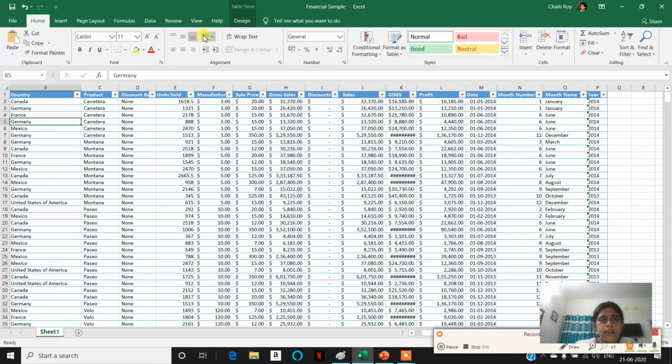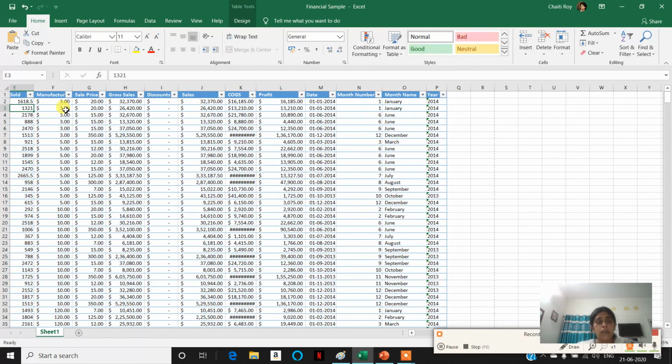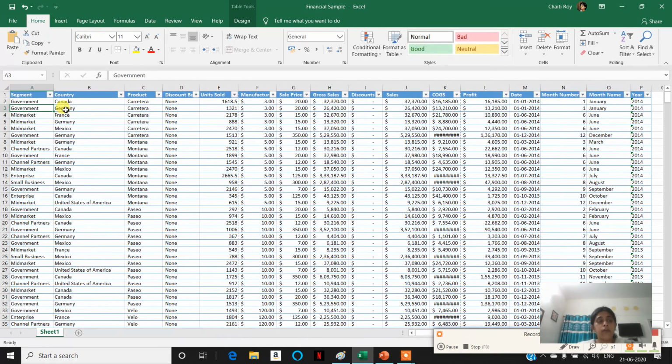Now next thing is how to freeze. Now suppose I see this is the name of the countries. When I go towards this side, you will see that these are the details which are displayed, but to which country it belongs, that is not visible, or to which segment it is belonging, that is also not visible.